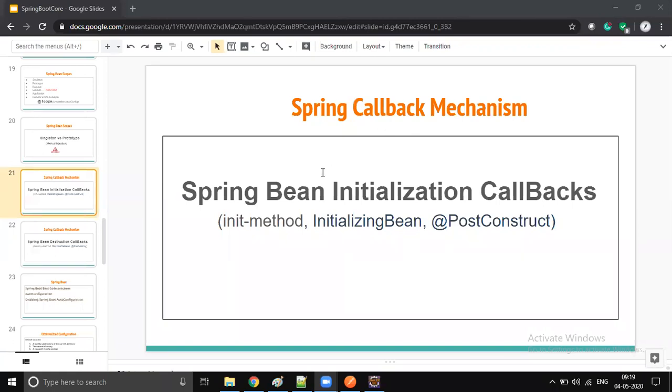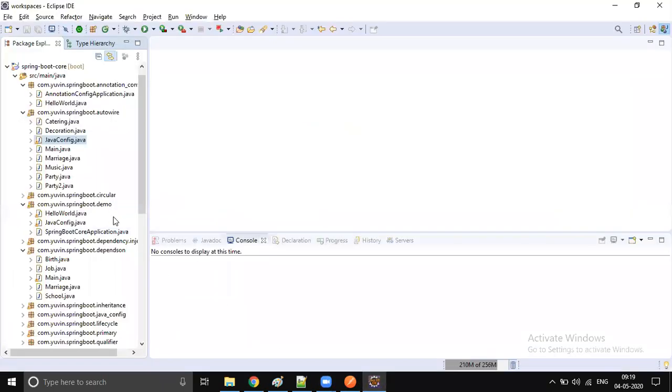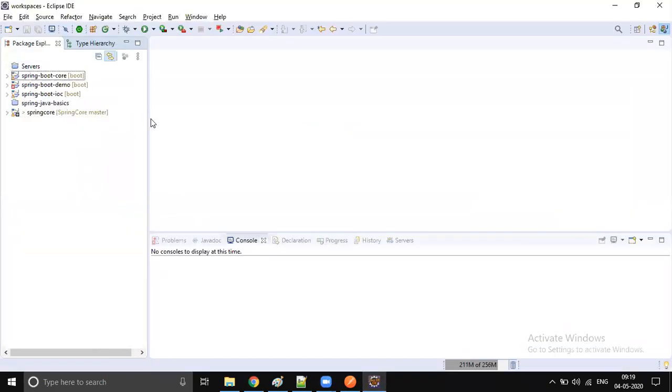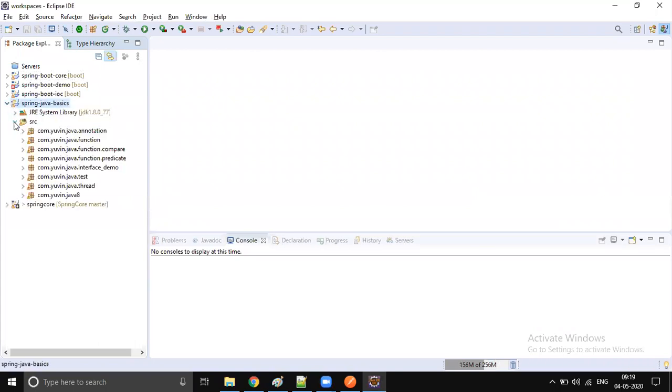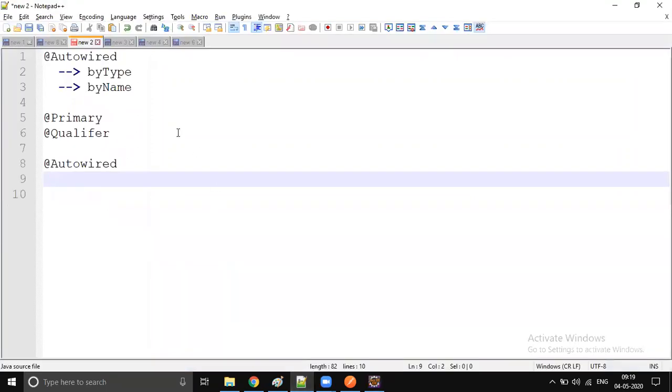Just before we continue, I want to spend a few minutes on Java fundamentals, because these are callbacks, a life cycle mechanism. I hope I explained this on day one. Whenever we were discussing Java basics, we wrote a main method, simply printed a sys out, and covered a few life cycles.